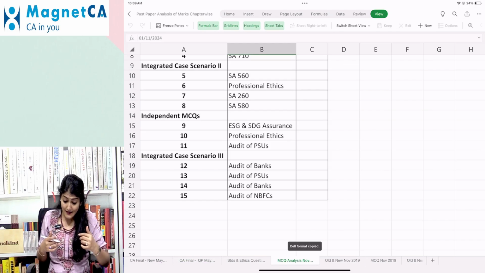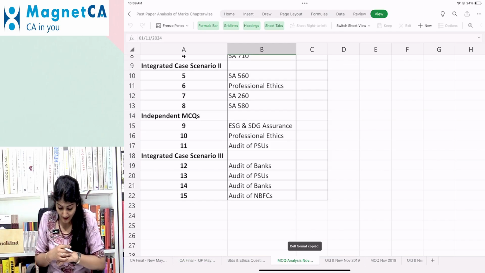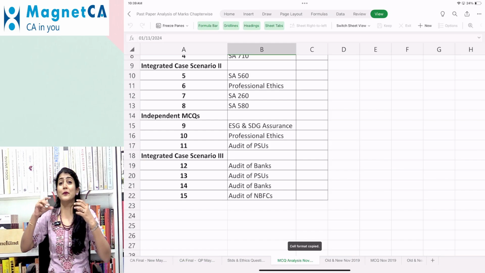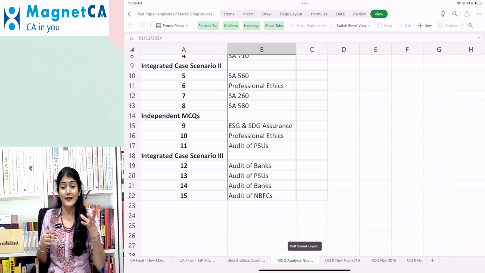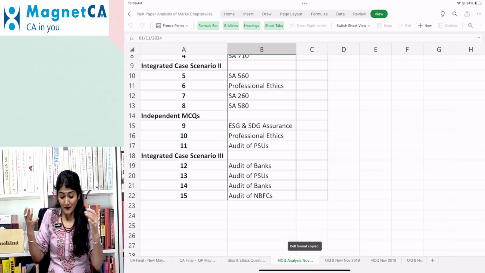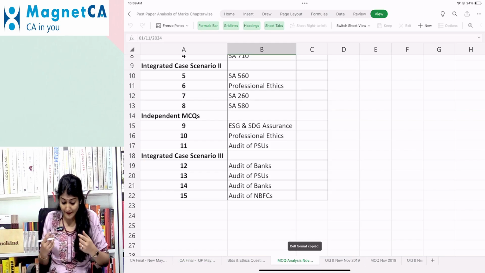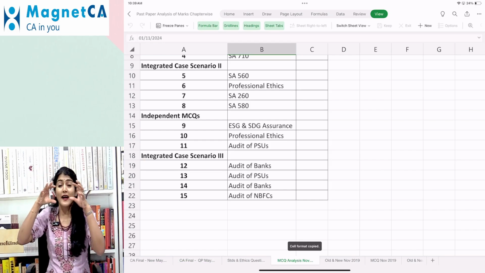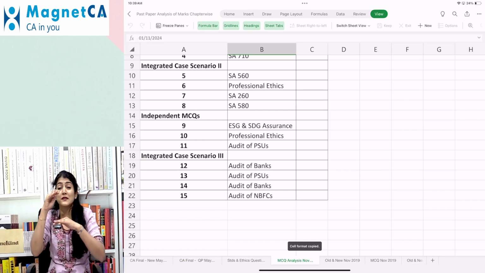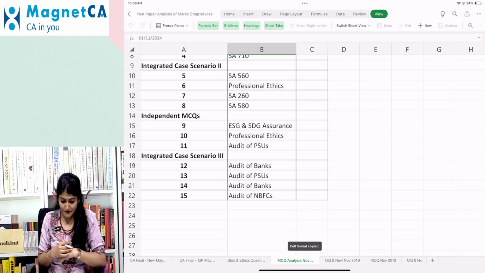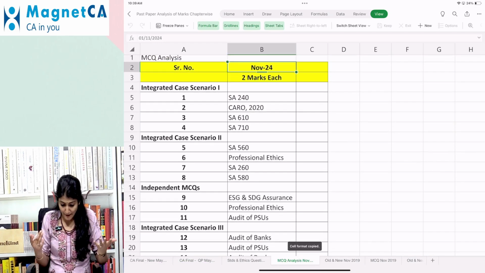Okay, right, then integrated case scenario 3, right? So there are 2 questions regarding the bank audit, wherein one they are telling you to compute the DTL, the demand and time liabilities, and another one where they are telling you to compute the capital to risk asset ratio, the capital adequacy ratio. Okay, and then 1 question regarding the NBFC, wherein they are saying that these are the activities being conducted, and then which layer of the NBFC is it, whether it is a base layer, a middle layer, an upper layer, or a top layer NBFC. Okay, right? So you say, yes ma'am, we know this.